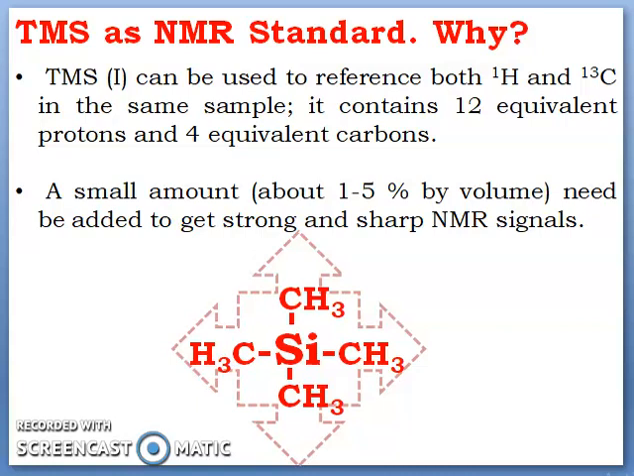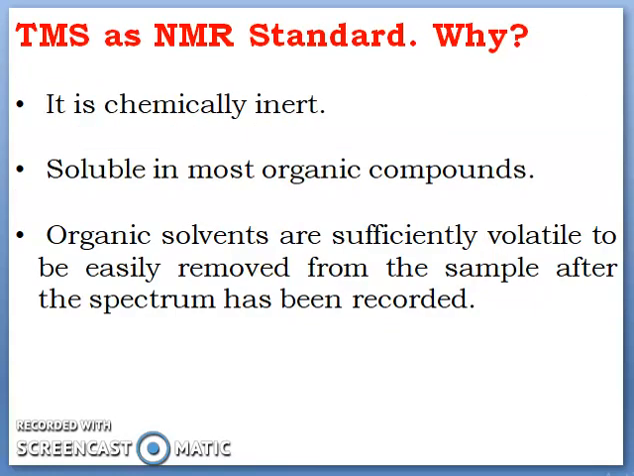Therefore, a small amount, approximately 1 to 5% by volume, is needed to get strong and sharp NMR signals in NMR spectrum. This tetramethylsilane is chemically inert. It won't react with any organic compound which is under study,